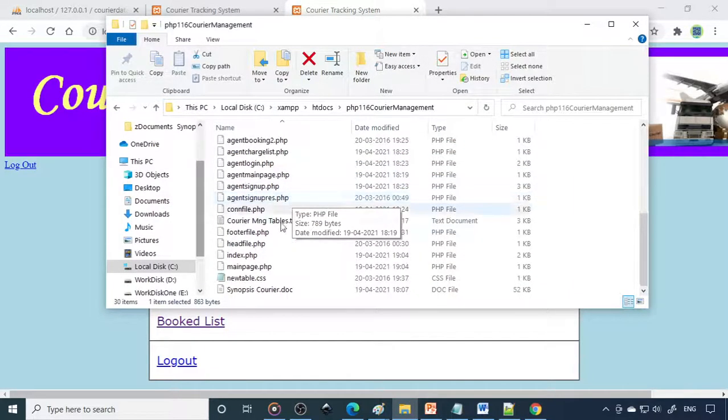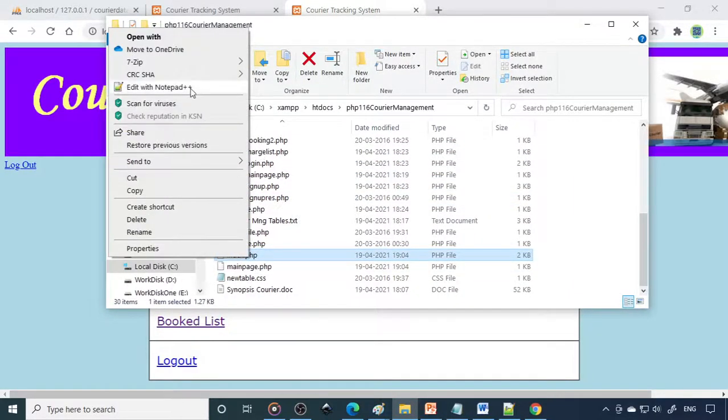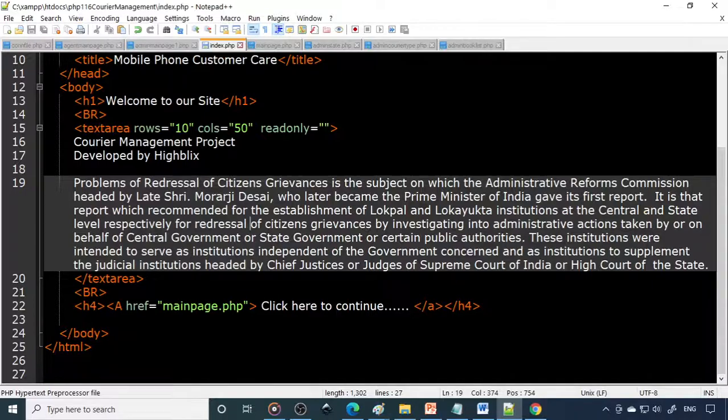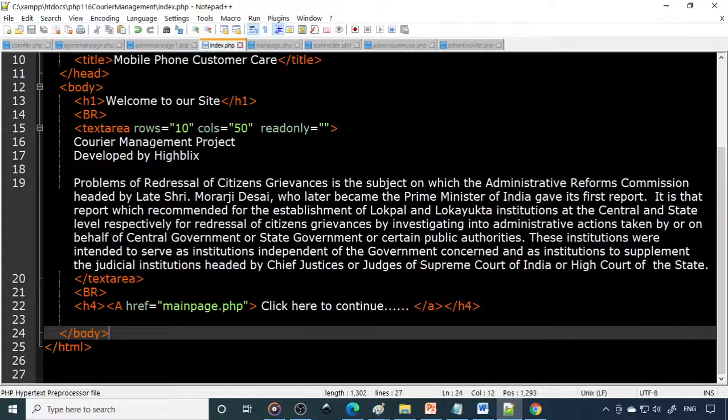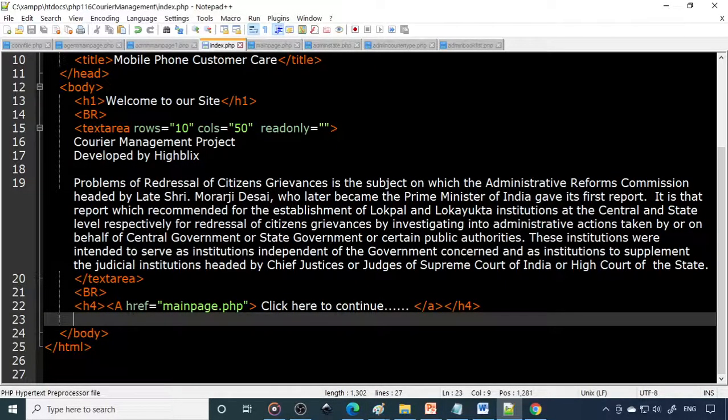So the first file is the PHP file index.php, as we discussed already. So this is the code. Here, in case you want to put some pictures, you can use the image tag and we can place the picture here. Right. So this is the text area. You need to download some pictures, and then add the image tag and add the pictures here.